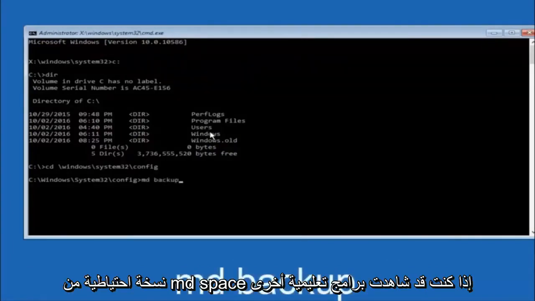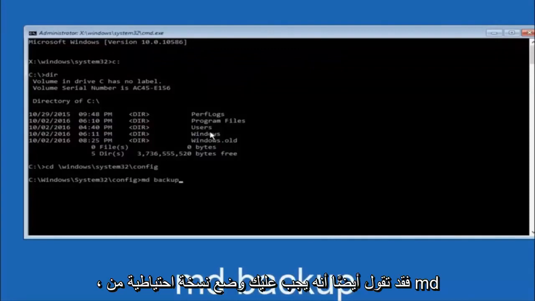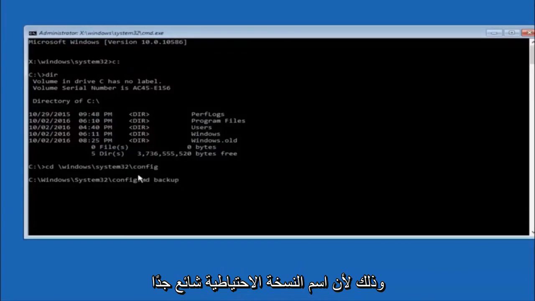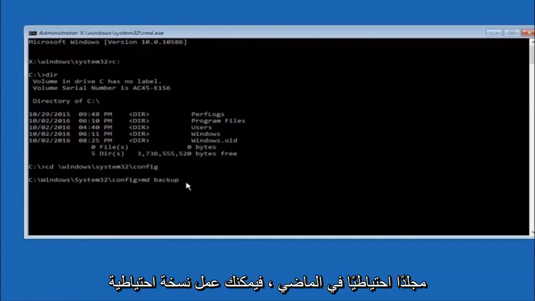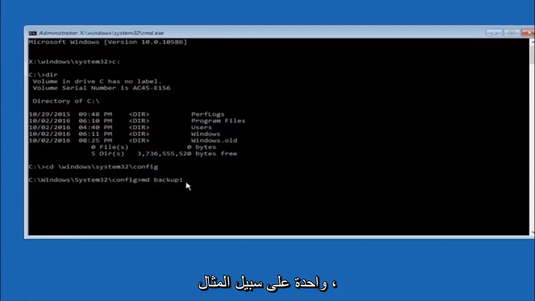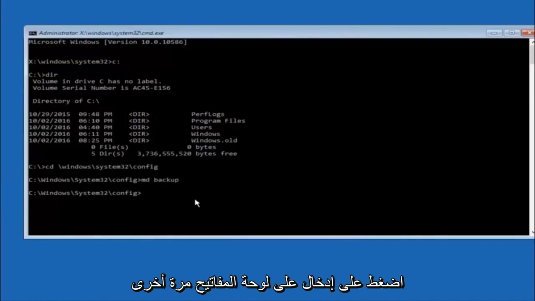If you've seen other tutorials, it might also say to put down md backup. That's because the backup name is pretty common when you want to back something up. So you can name this whatever you want, it doesn't have to be backup. So if you've already made a backup folder in the past, you could do backup1, for example. Once you're done setting the name you want the backup to be called, hit enter on your keyboard again.